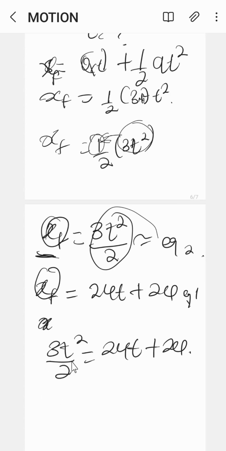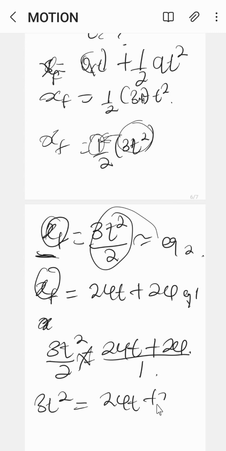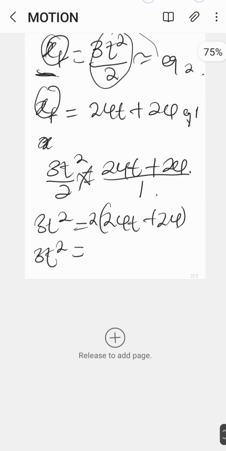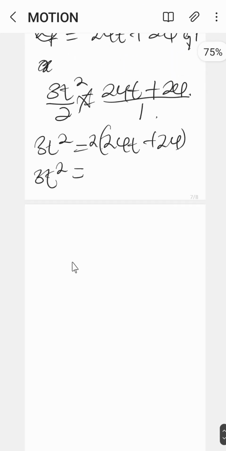Okay, so you can multiply both sides by 2. You have 3t squared is equal to 24t plus 24 multiplied by 2, so you have 2 multiplied by 24, and that gives you